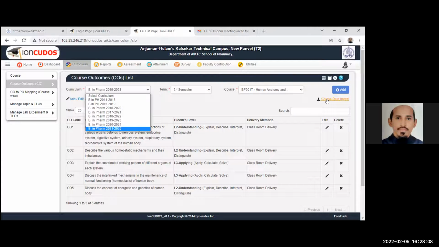And then you can import the course outcome. You can even import the COPO mapping, or the assessment occasion also. So just do it within 1 or 2 minutes, because we do not have that much time. Just quickly get yourself familiarized with this.